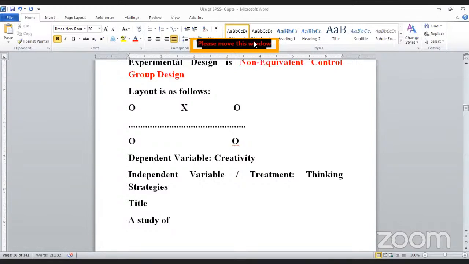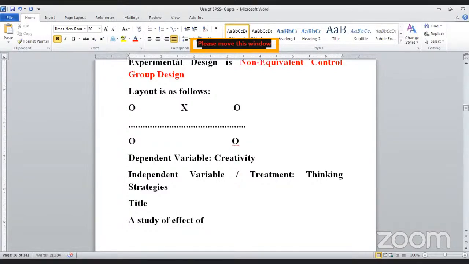Yesterday, I took one example of survey research, and there I have taken the covariate. So analysis of covariance can be done even in survey research also. So do not worry. I can take another example for survey research when I come to the three-way ANCOVA. Don't worry about it. So a study of